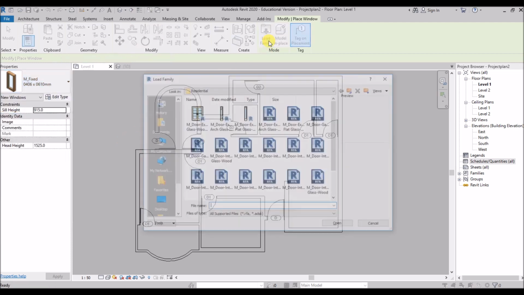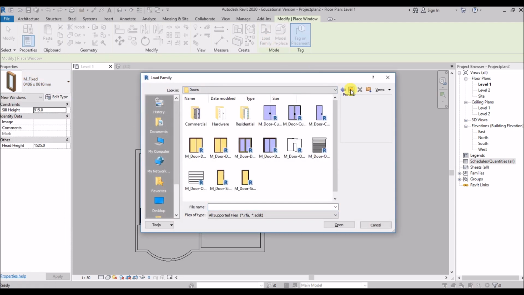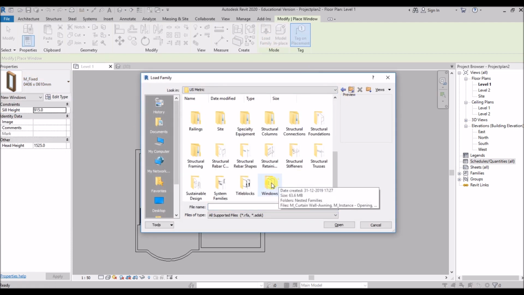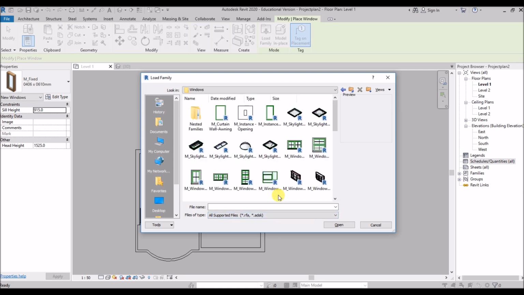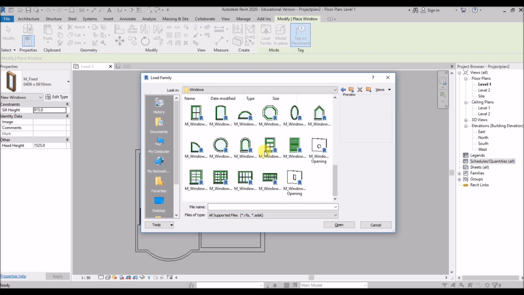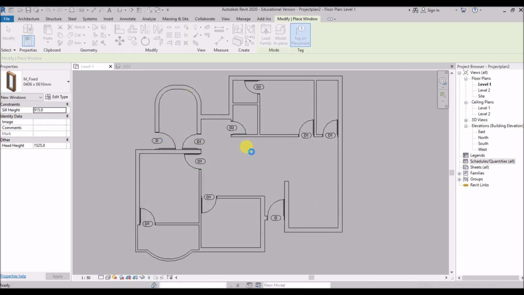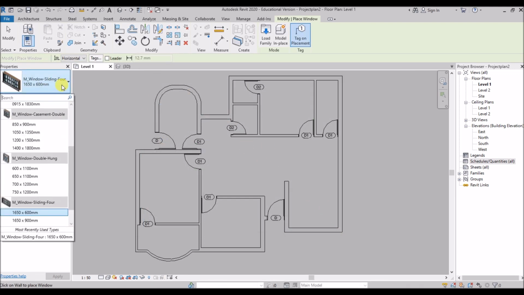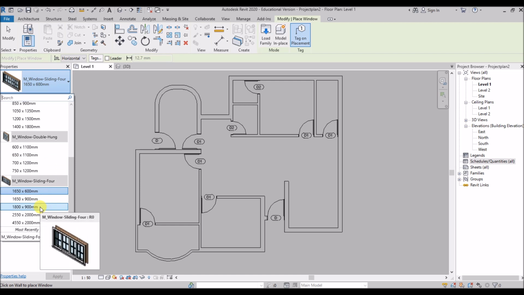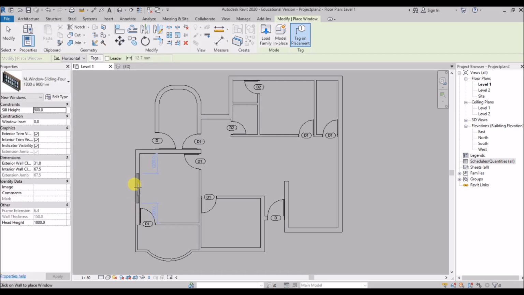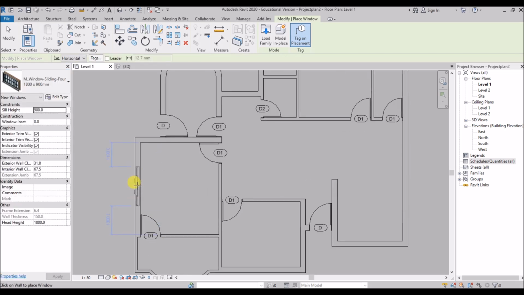So click on Load Family, get into Windows folder. And then select this sliding window or any of these as per your requirement. Click on Open. So this is added to the properties palette. Then select this size and place the window as shown.